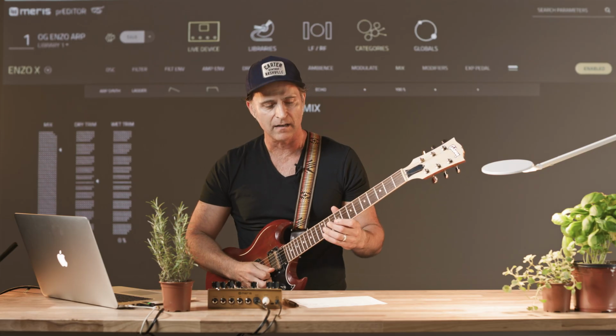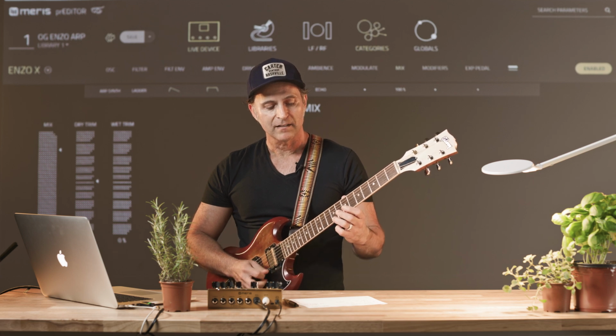Let me remind you of the flavor base of the whole sound. Before Enzo is involved, I have a flanger on the left and a phaser on the right, and there's a little bit of different delay on each side. You can hear that little repeat. There's a little bit of reverb, but the sound itself